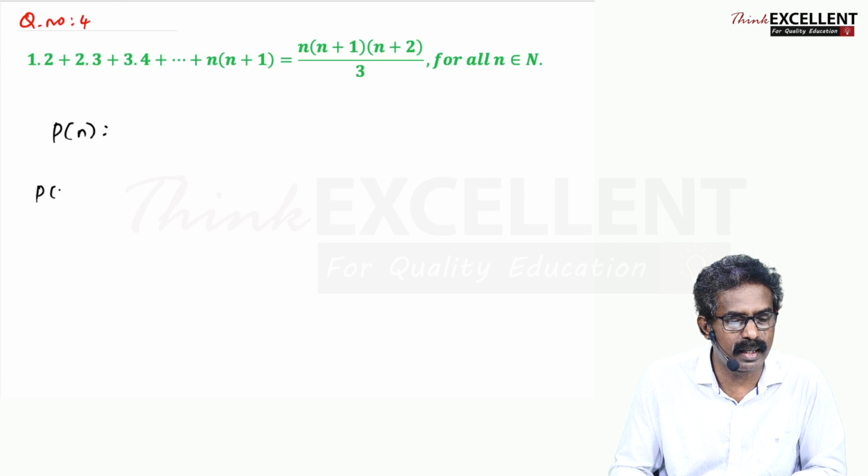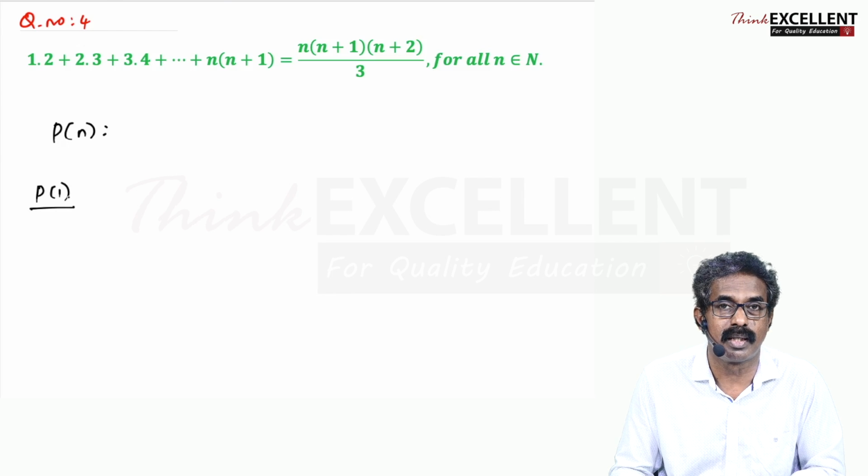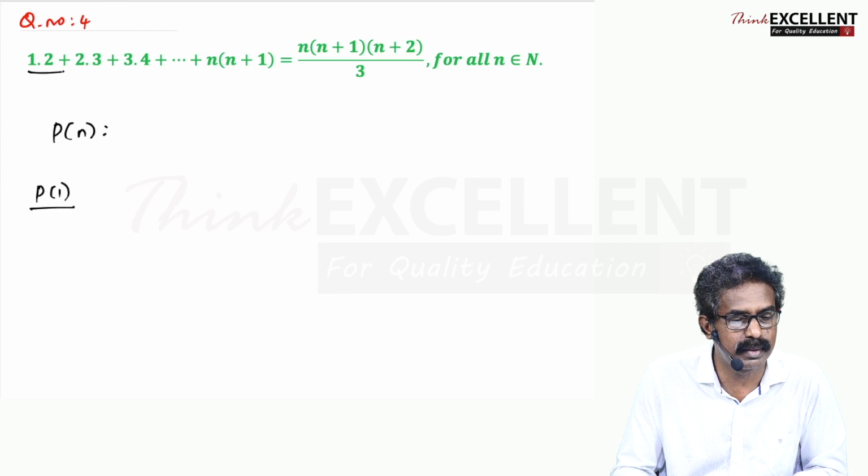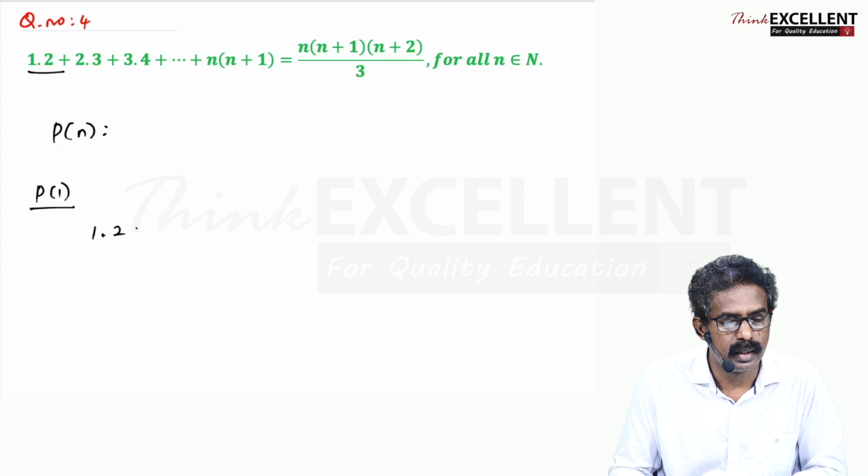So first, P of 1. P of 1 means, on the left side you take the first term. What is the first term here? 1 into 2. On the right side, wherever n comes, you put 1. So 1 into